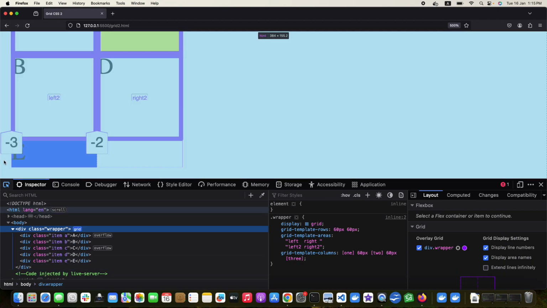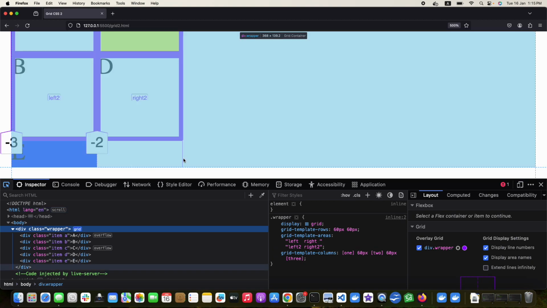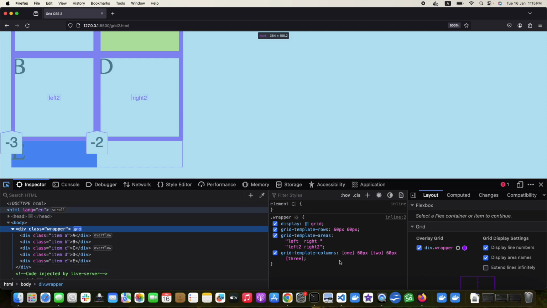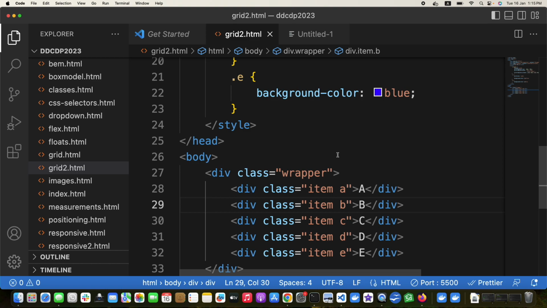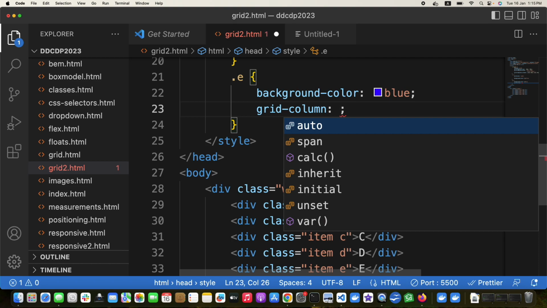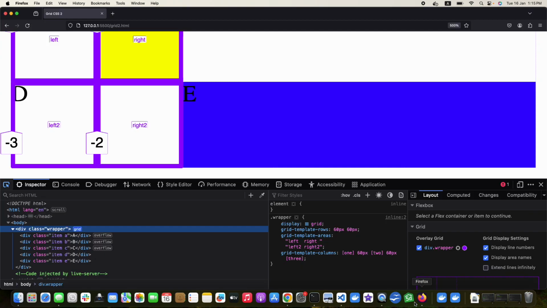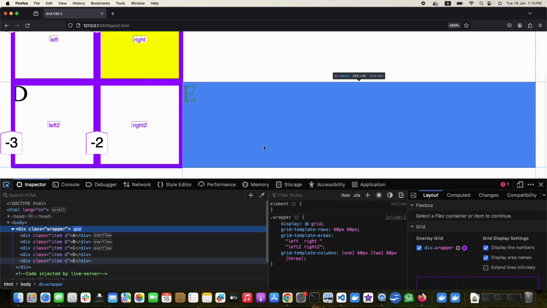So this is line 1, 2, 3, and I want to specify the start of the grid from 3 to 4. So E will be grid-column. It will start from 3 and stretch to 4, something like this. Is this fine? Yes. If I open it again in Firefox,